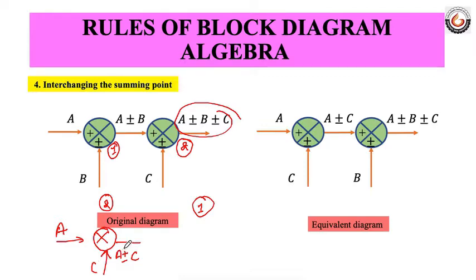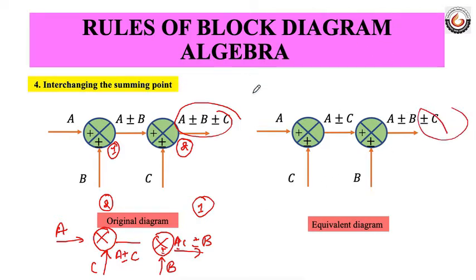Okay, then that will go all the way here, and then I have an input as B. So this is C, this is A, this is B, and I can just interchange them, and this is my summation block 2. So this summation block will give me again plus minus B and the entire A plus B C.